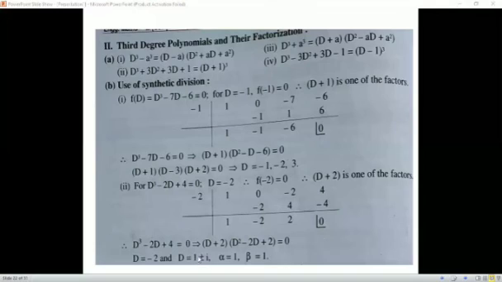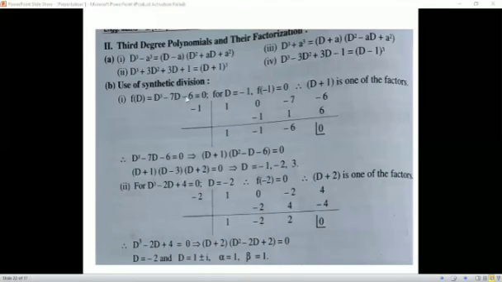Actually these are two roots. First is 1 plus i and second is 1 minus i. And very important, one more thing. Whenever we have a differential equation of any order, there are that many roots. If there is a second order equation or second degree polynomial, that is, d square plus something, then it will have two roots. If it is a cubic equation, it must have three roots.